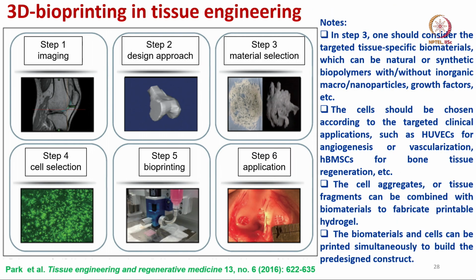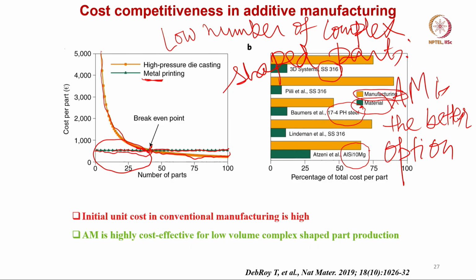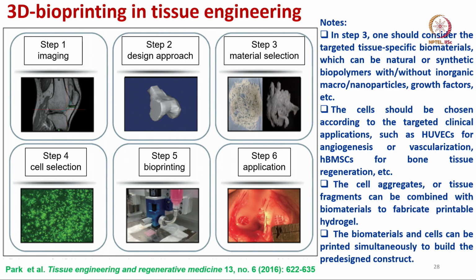Okay. I have emphasized this in the last lecture, I think to some extent, but let me also emphasize it again in this lecture, that is the 3D bioprinting. 3D printing mostly refers to the metals, 3D bioprinting mostly refers to making or creating the structures with the biological components, either cells or proteins and so on.